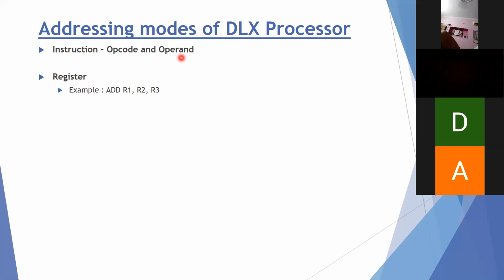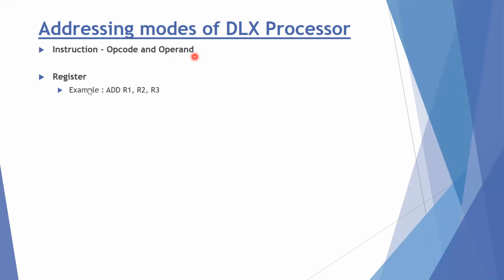So the way we express the operands in any instruction is actually the addressing mode of that instruction. So basically, when we talk about this DLX processor, this has 5 main addressing modes. The first one,